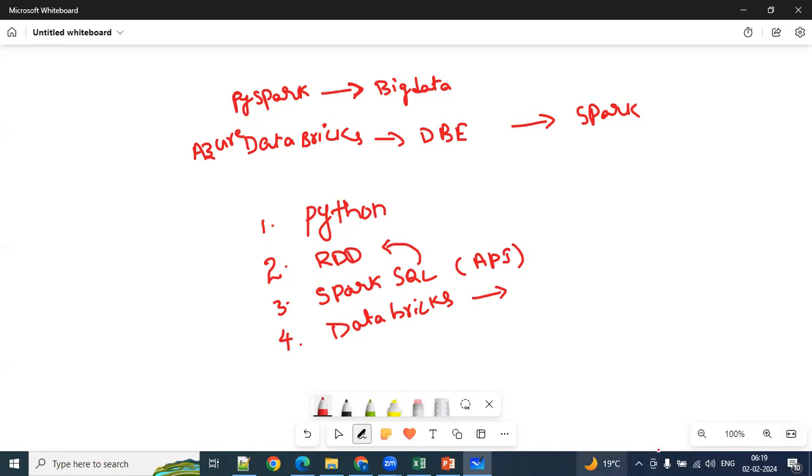Okay. And after that, the very famous one nowadays, that is Delta tables. This has become very popular in the market, guys. Without having a database, you can build a data warehouse in Databricks itself. Without having a database, you can still build a data lake or data warehouse in Databricks itself. That is the use of Delta tables actually. Okay, so this I'm going to cover at the end.